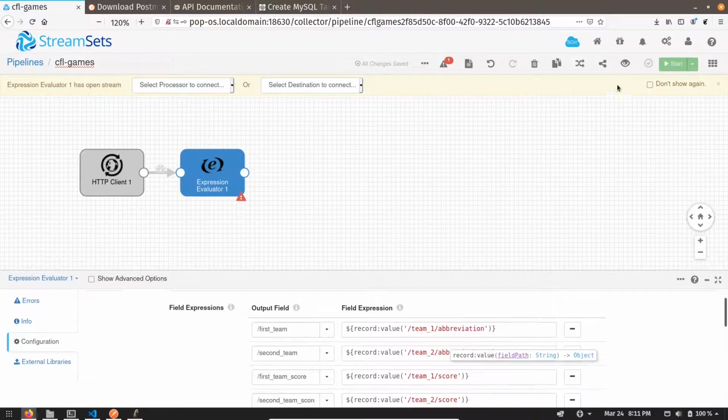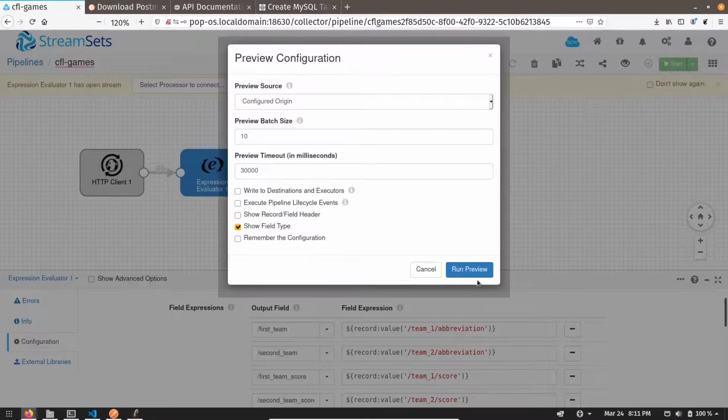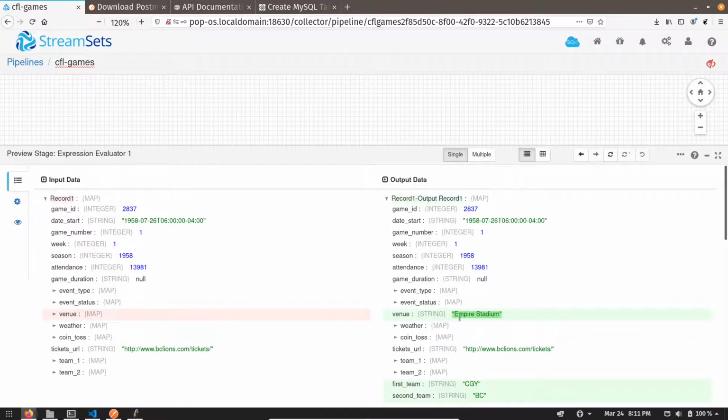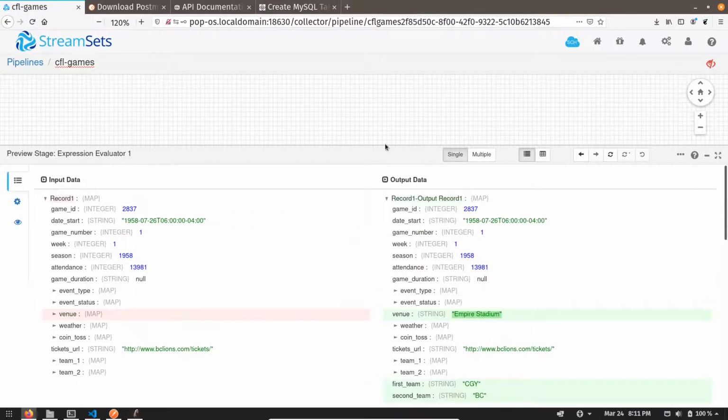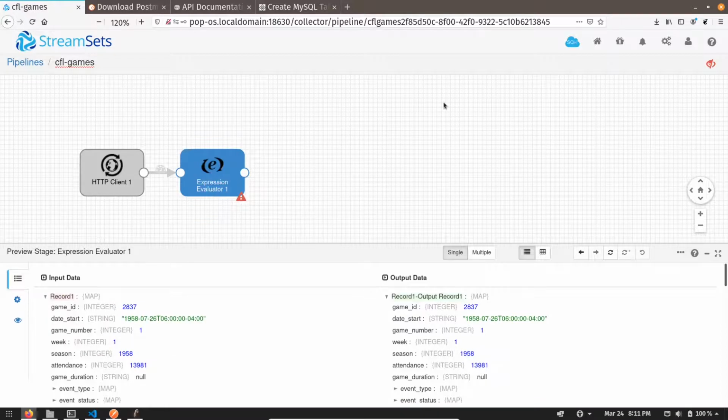Let's preview it. You can see we are getting a venue, then first team, second team, first team score, second team score, and winner in each record.